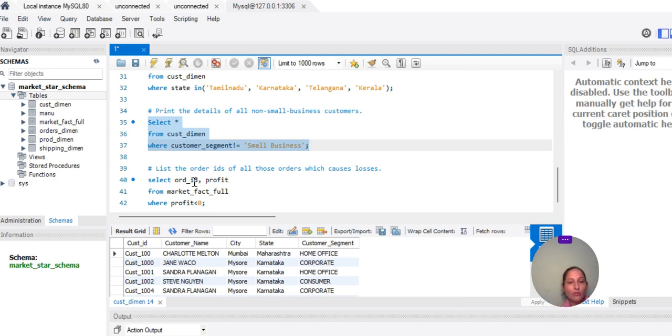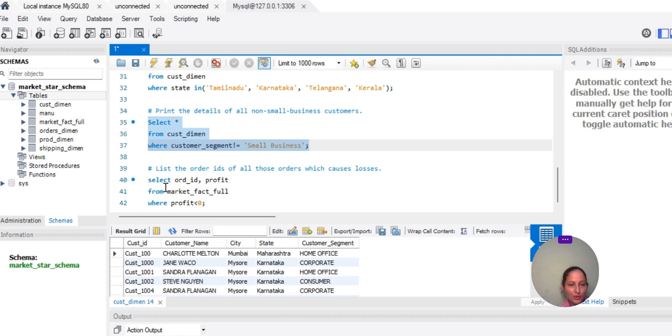You have to select the attribute which you want to show, and be very careful in selecting here. As I already mentioned, it looks simple, but it's not simple for complex queries. Till now we are using simple queries. So: select order ID, profit from market factful where profit is less than 0.